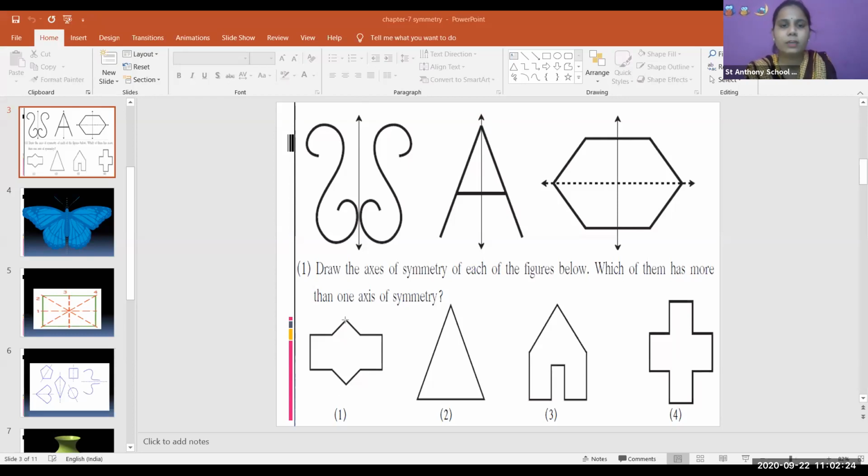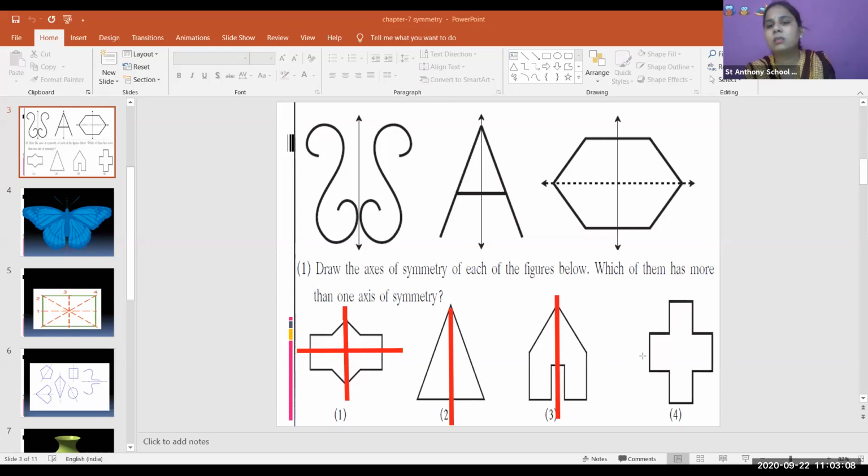See how we can draw a line from this part, right? From this part also, we can draw another line from the middle of this. Means when you fold this diagram from this side or else this side, this is having more than one axis of symmetry. This is an isosceles triangle because two sides are equal, one side is different. So when we draw an axis of symmetry from this side, it is having one axis of symmetry, right? Now if we see this diagram, this is also having only one axis of symmetry, right? Only one axis of symmetry.